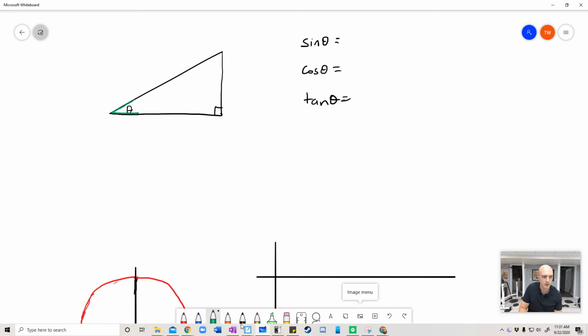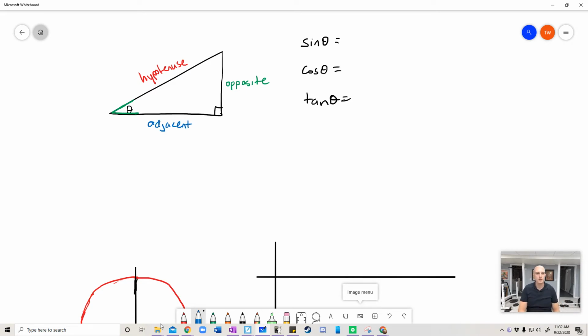So if we call this theta, you were taught that if you went straight across from theta, that was the opposite side of your angle, and that the largest side of the right triangle was the hypotenuse, and then the remaining side right next to your angle theta was your